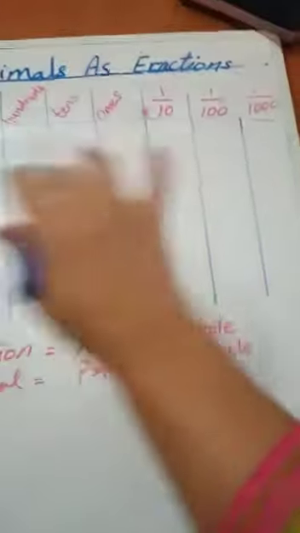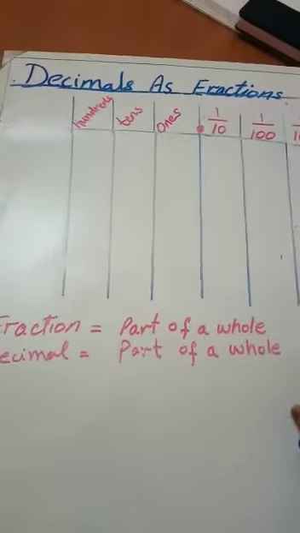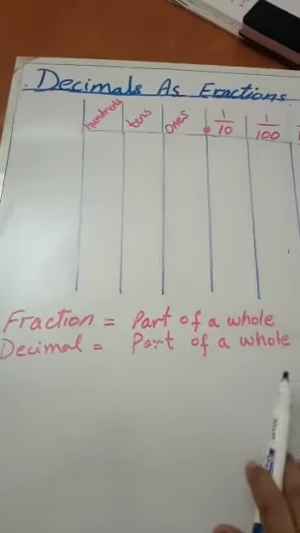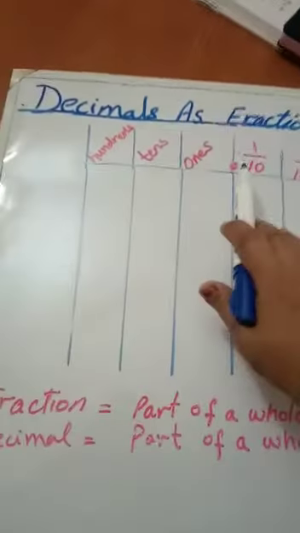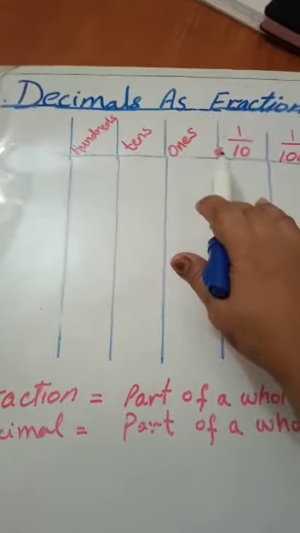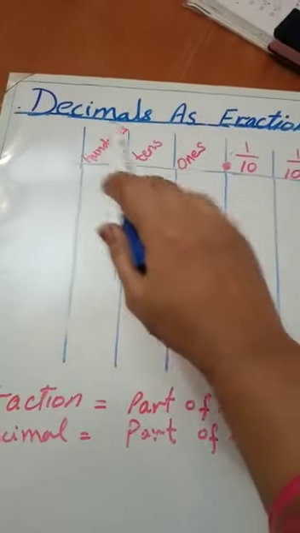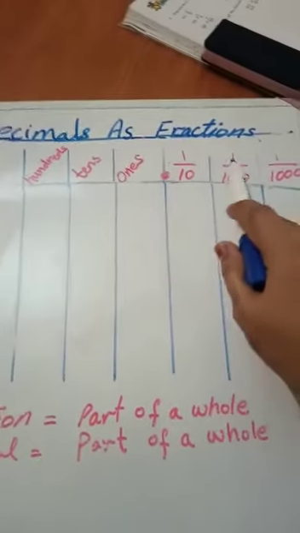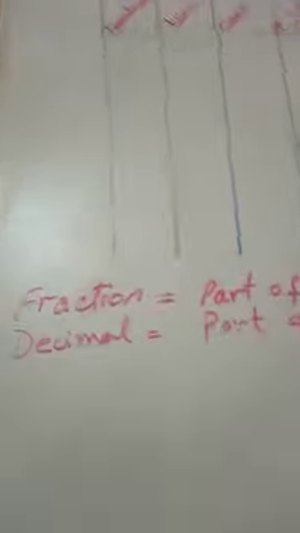You can see that I have made it, and you know that fraction is a part of a whole and decimal is also a part of a whole. So you can see that this is the decimal place, and before decimal there comes ones, tens and hundreds, and after decimal there comes tenth, hundredth and thousandth. Okay, now I give you an example that